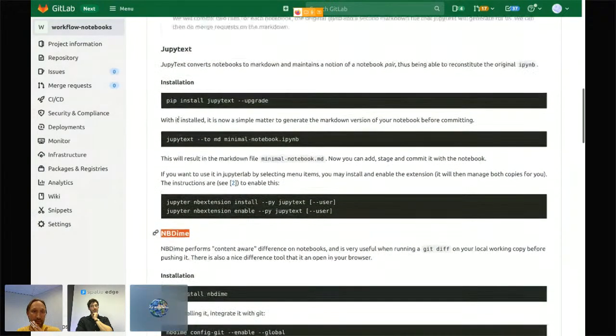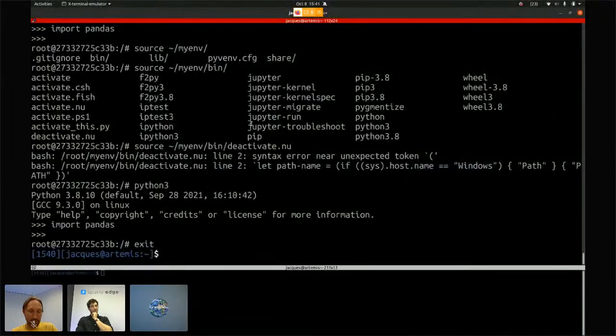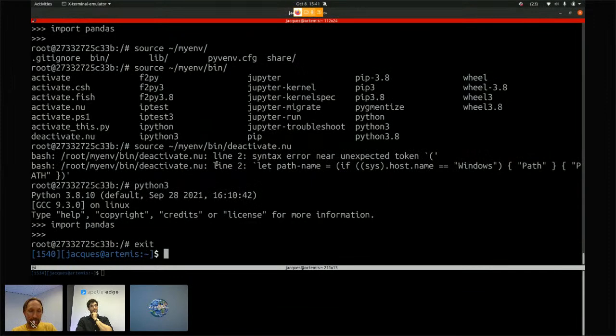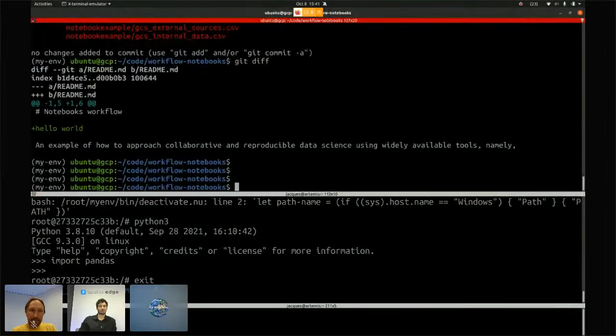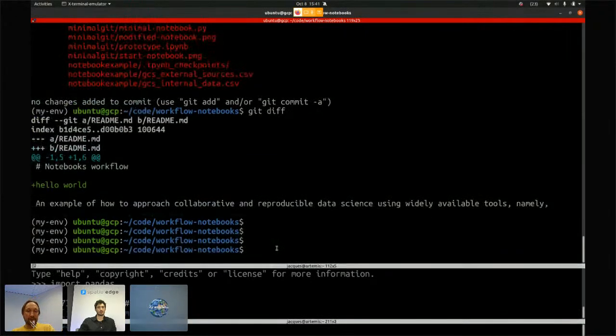I'll show you what I mean now. And this one is really great for following a nice disciplined workflow for committing notebooks. And I'll show you what I mean there too. So let's have a quick look. If I go back to my other terminal now, that's up here. Okay, I'll make this a little bit bigger. So you can see here, I'm in a repo at the moment, the same repo that I'm showing you